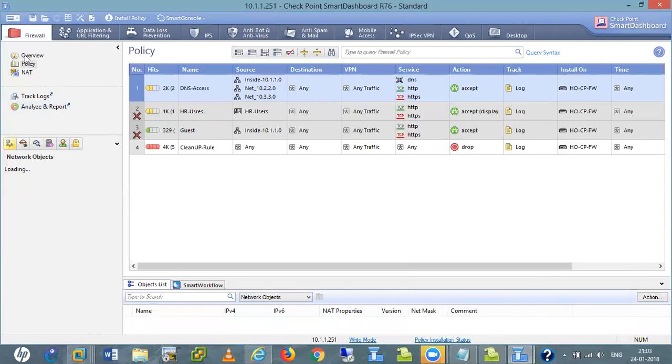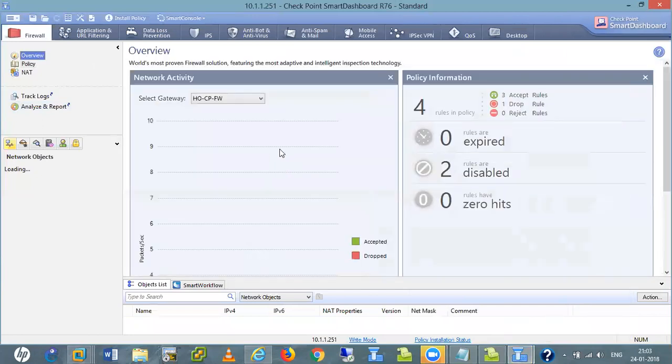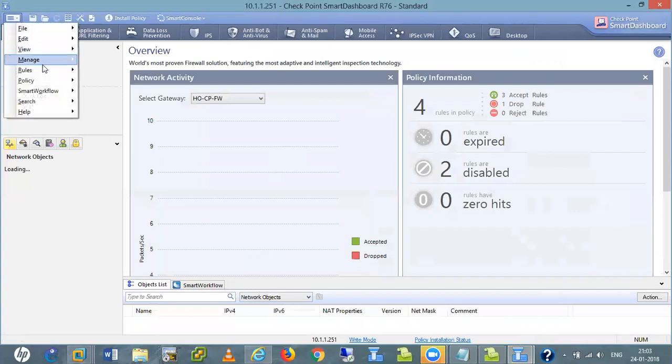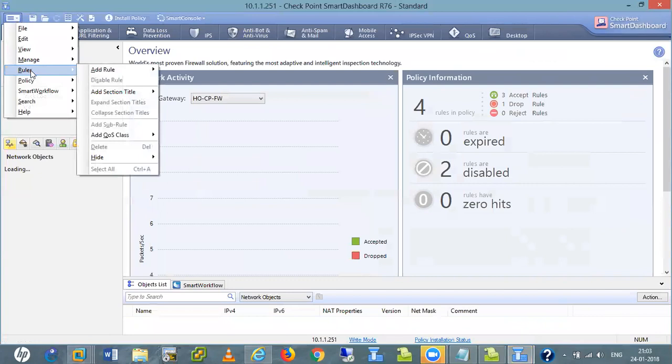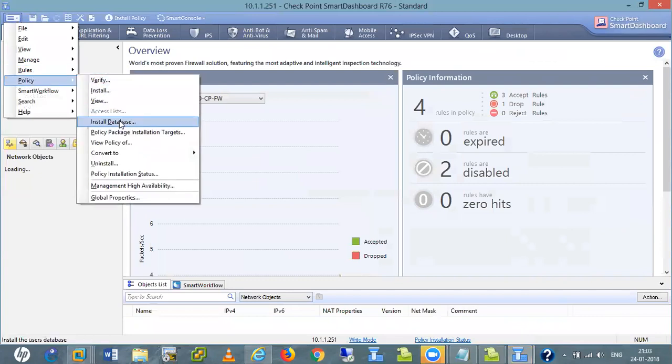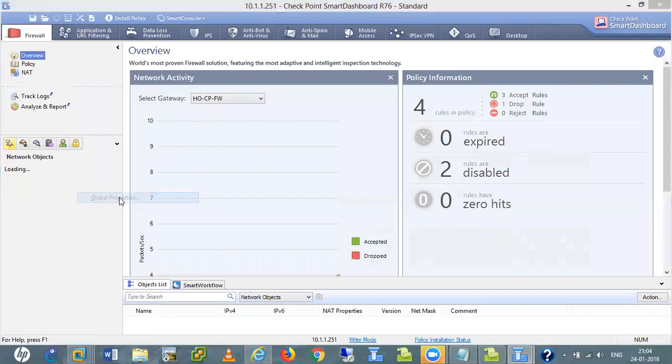Now, if we want to take the database backup, in management, somewhere we have resource services, verify data policy backup, not this one, global settings.